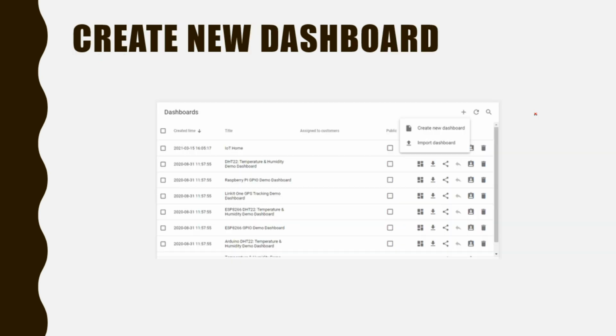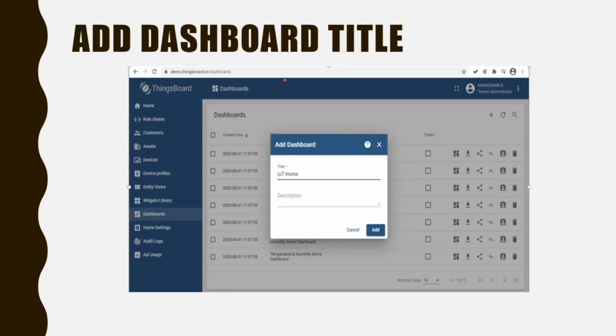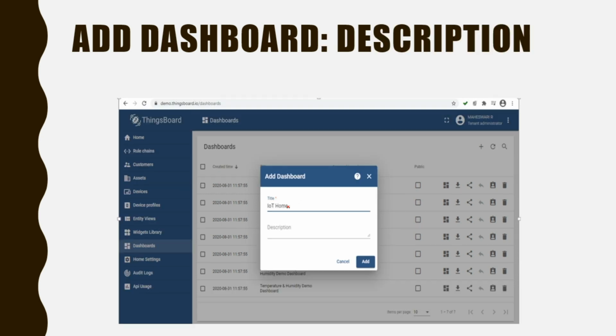So click here. Once you click it, you could see these two options available: create new dashboard and import dashboard. So we are going to create a new dashboard. So just click create new dashboard. Once create new dashboard is clicked, it will ask us to enter the title and the description. So you can give the dashboard name. I am giving the dashboard title as IoT Home, and I'm going to give the description as well.